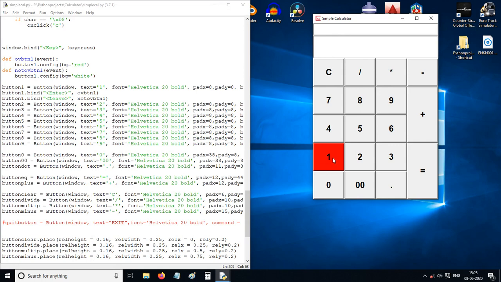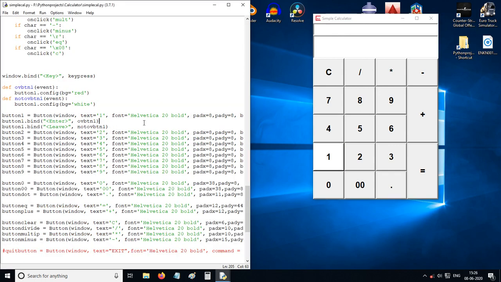Okay, so this is it, and you might have noticed this one: whenever I take my cursor on this number 1, it will turn red. This is because I am experimenting with event handling. Button 1 binds the mouse movement event. Whenever the mouse enters this area, this function will be called.